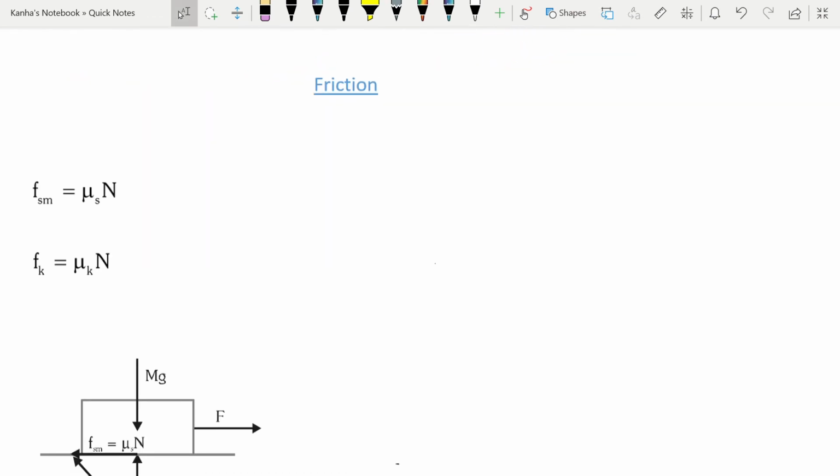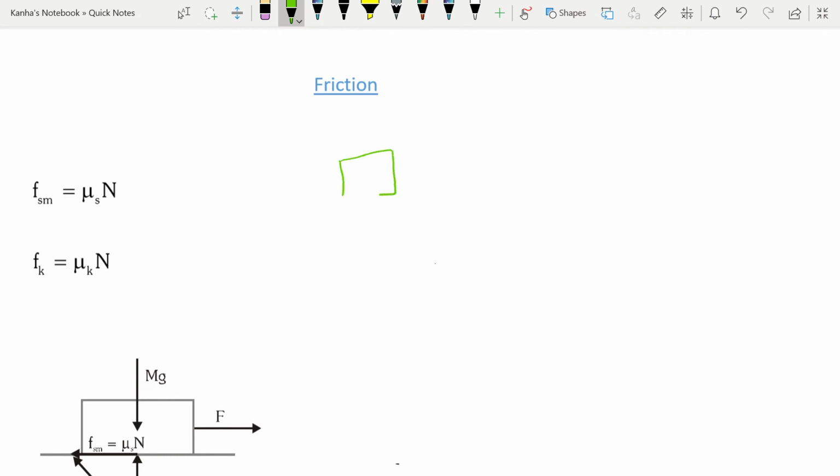So now let's talk about one more type of force, which is the frictional force. I should mention that frictional force is a contact force, just like normal reaction or tension or spring force. So till now we were assuming that all the surfaces were smooth, but due to the deformation in the surfaces, there is a force that tries to oppose any relative motion between two surfaces in contact. What this means, I can show you by a small example.